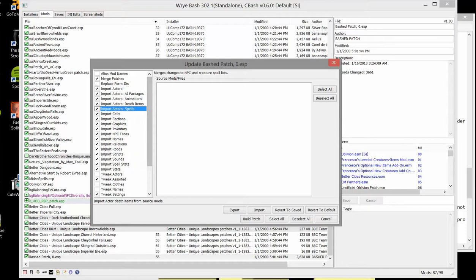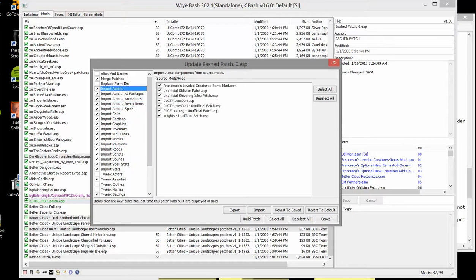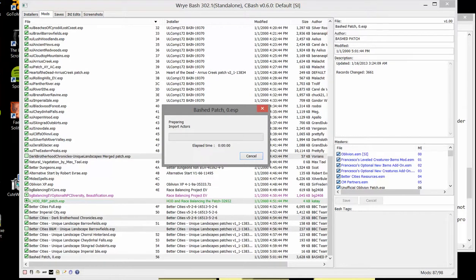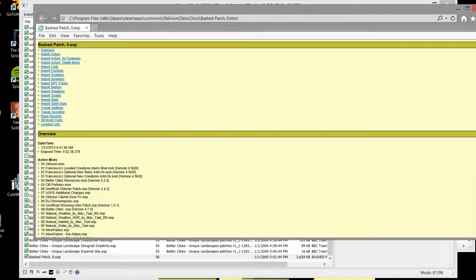Alright. And these are the mods that the information's coming out of. Okay, so you know I have Thieves' Den, I have Frostcrag, I've got Knights of the Nine, the Unofficial Patch, some of that stuff. Alright, and I'm going to click Build Patch. And you just have to wait. This can take 4 or 5 minutes, whatever. Just let it finish. And I'm going to pause the recording while that's happening. Okay, so now